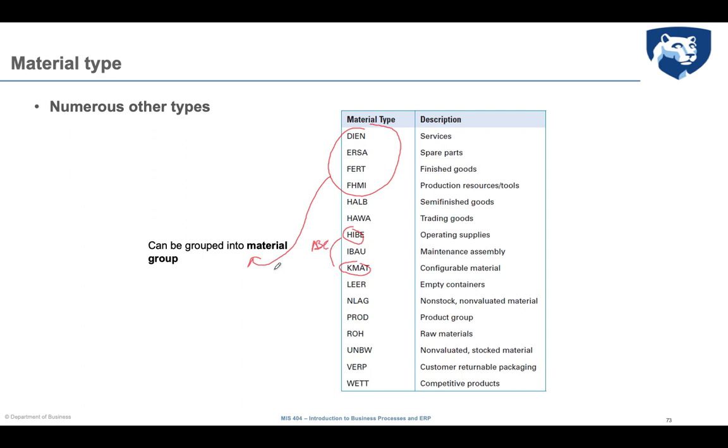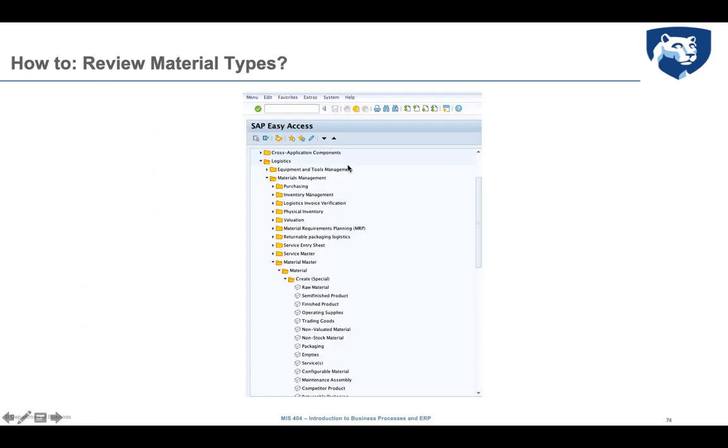And so when you call the material ABC, you include both operating supply and configurable material. If you want to review material types for a specific company in the SAP Easy Access window, you have to go through material management, and then you have to open material master, material, create. So imagine you have to create a material, and here you can see all the types of material that are